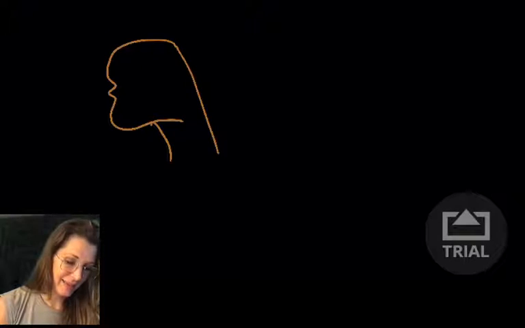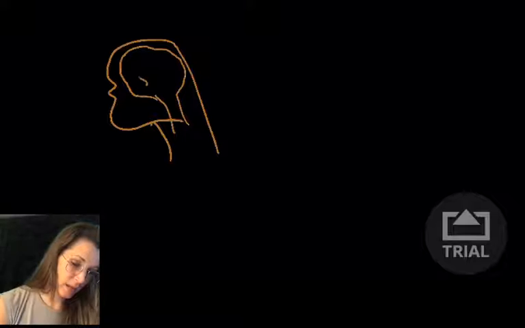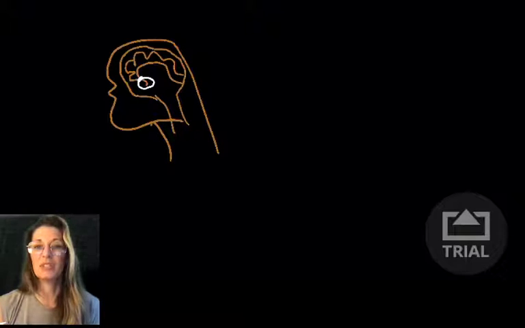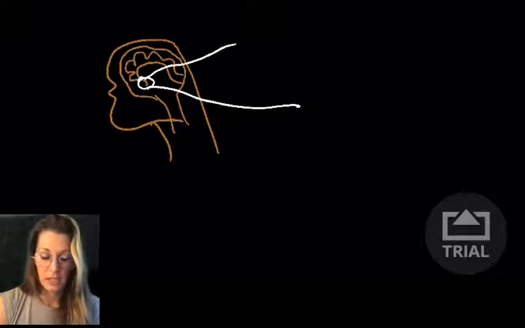And then inside the head, of course, is the brain, right? And then the brain stem, which comes down here, which we will talk about in detail. We tend to think about the brain in terms of all of this squiggly stuff that happens up here. For the purposes of the endocrine system, we're focusing just on one little spot, and you have actual images of this in previous lectures. You don't have to just depend on my really terrible drawing. Just this little tiny spot, right? If we zoom in, here we have,